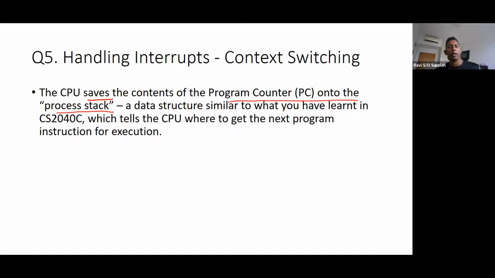Pushing and popping from the stack is one of the common operations that goes on a lot, whenever you are jumping to subroutines and returning. The program counter is the built-in hardware of the processor that points to the next instruction to execute.